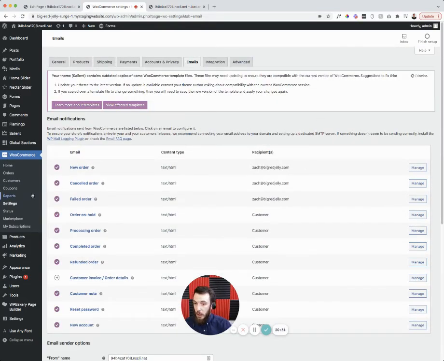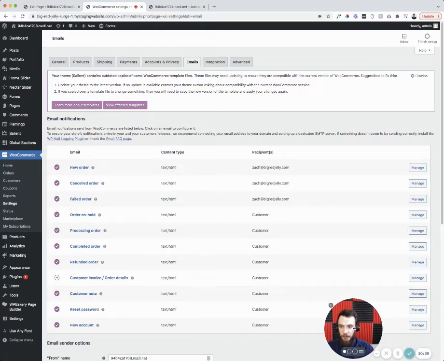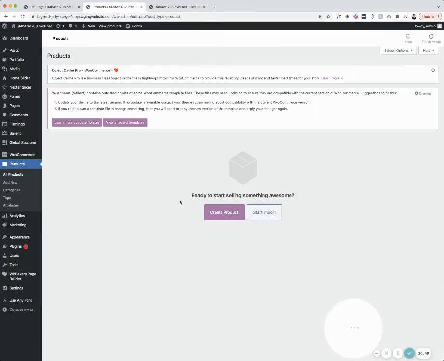So that's WooCommerce general settings, those three things. So general shipping and emails or general shipping, payments and emails are the big ones for you that you'll need to become familiar with. The next thing is going to be managing your products. This will feel very familiar. If I click on products, we don't have any right now, so I'm going to create a product here as